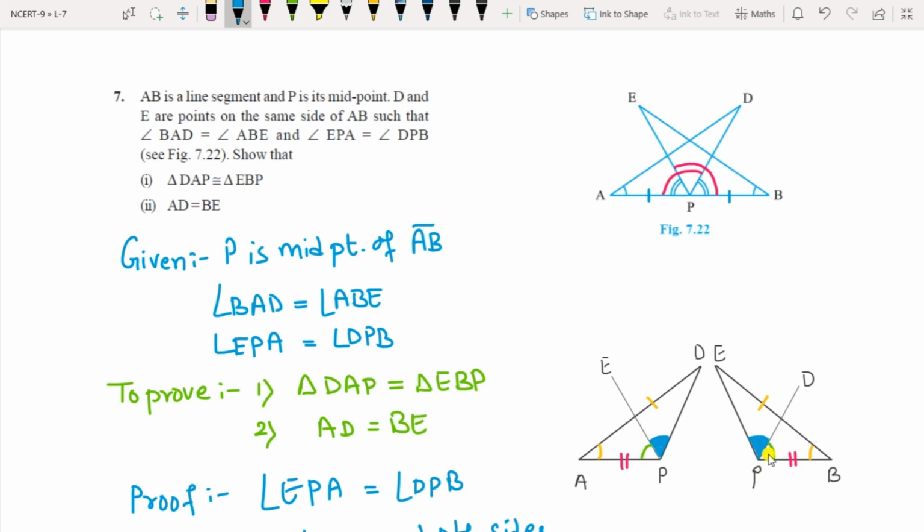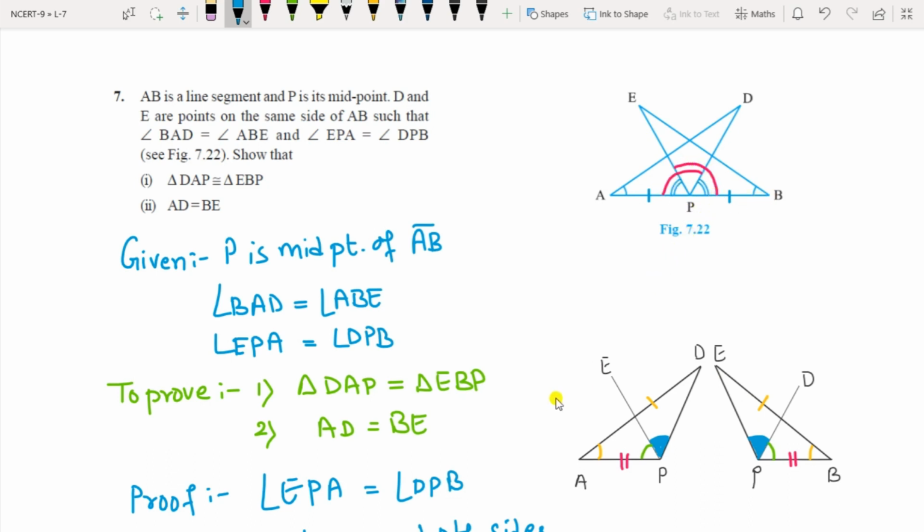So these are equal. Now here also, to prove this whole triangle to be equal to this whole triangle, we don't know this angle between the two, that they have not shown as equal, that I have shown in blue here. So you have to add this DPE to both the triangles, DPE, that is in V shape. This one center angle you have to add for these two triangles, then only this whole angle will be equal to this whole angle that I have shown in this pink circle here.